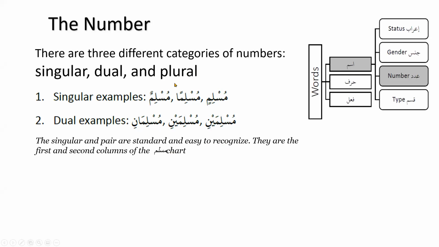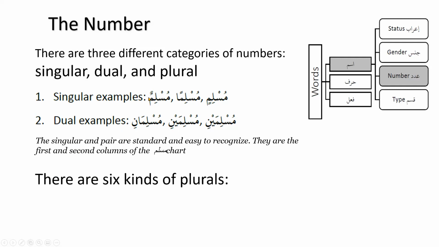So we have a little bit of a problem with the plural. So we have to learn a little bit about plural. Singular and dual, as we learned in the chart, are just like that. In the plural, there are 6 kinds of plurals. Just like we have 6 kinds of feminine, we have 6 kinds of plural. And this is our topic of study today, inshallah ta'ala, the 6 kinds of plural.